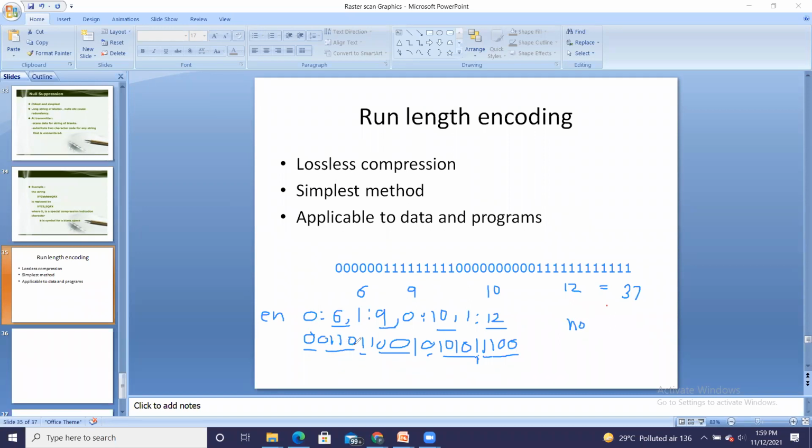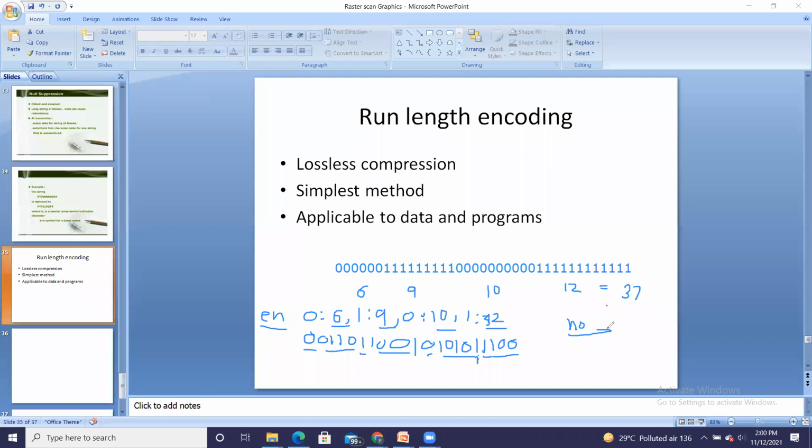Here we are using 4 bits for storing this count. But if the count is too large, for example, 1 is present 32 times, is 32 represented with 4 bits of information? No. For that, you require more bits, and that number of bits will be decided at the time of encoding.